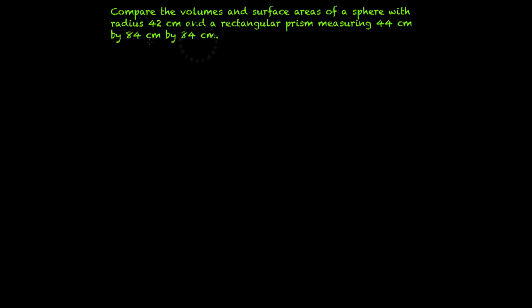We're looking at spheres, and here's another problem to look at. It says compare the volumes and surface areas of a sphere with radius 42 centimeters and a rectangular prism measuring 44 centimeters by 84 centimeters by 84 centimeters. So it looks like there's going to be a lot of work here, and what's really happening, we're just comparing